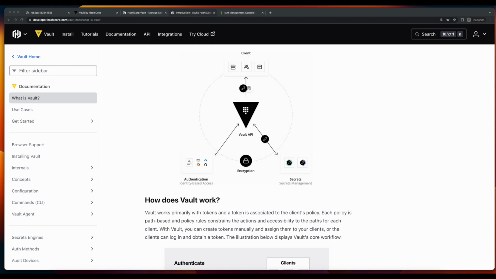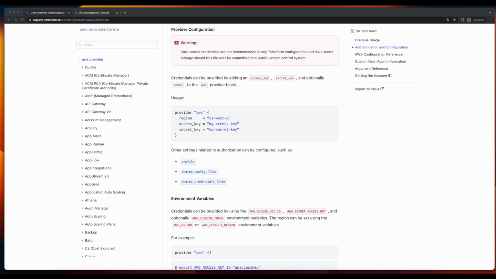Vault has a variety of services, but it is most commonly used for identity-based access management, data encryption, both in transit and at rest, and management of secrets such as API keys, database credentials, environment variables, and other sensitive data. But before we start working with Vault, let's take a quick look at secret management in Terraform, starting with the